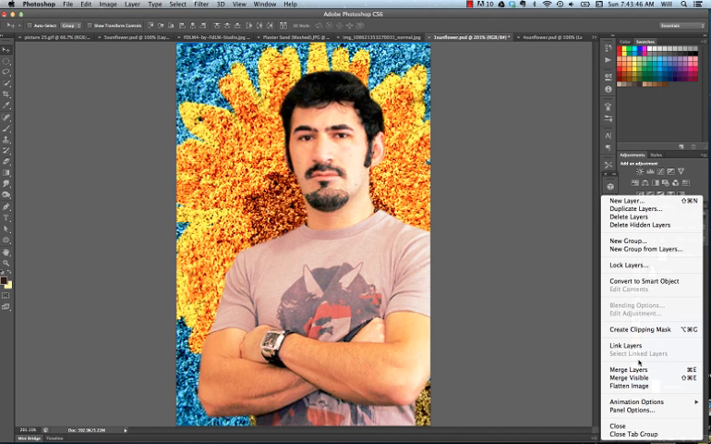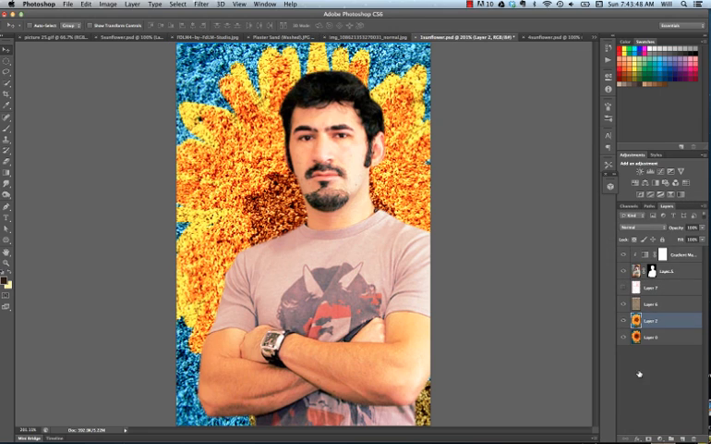We'll come up to our options and we're going to say merge layers. We'll put all those layers together. Now we're going to come up and make a new layer. And we'll go to our brush. Now, one of the components for your self